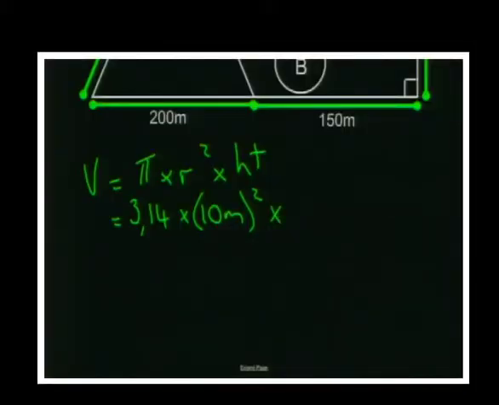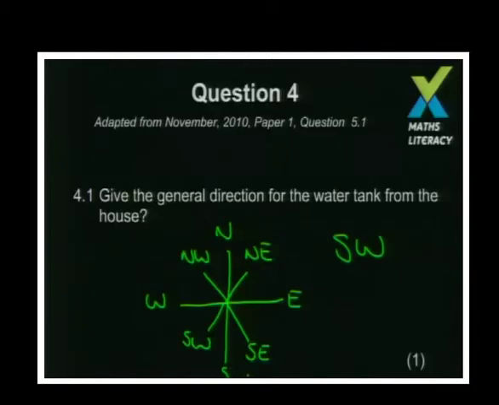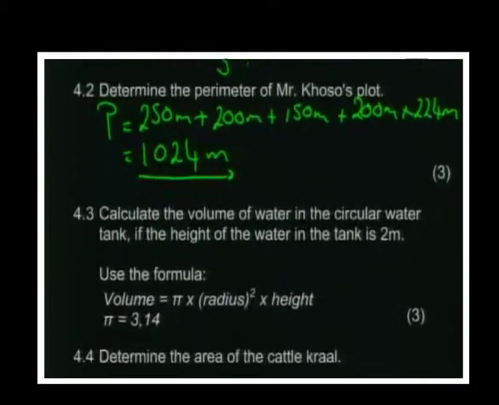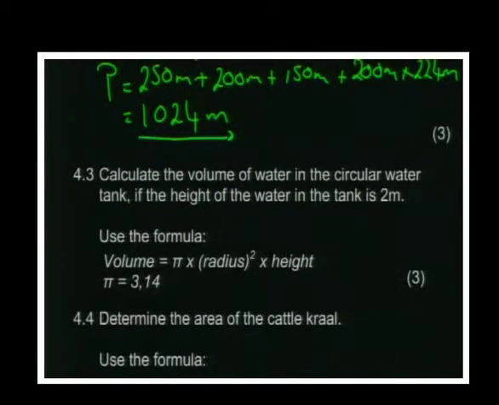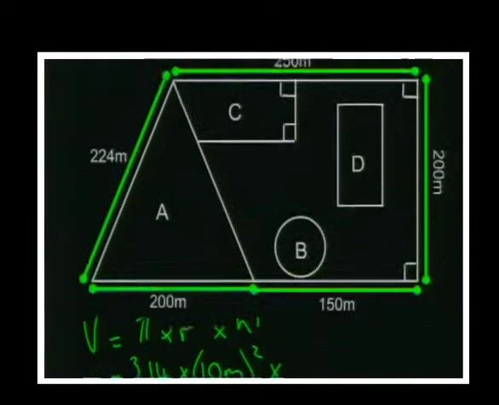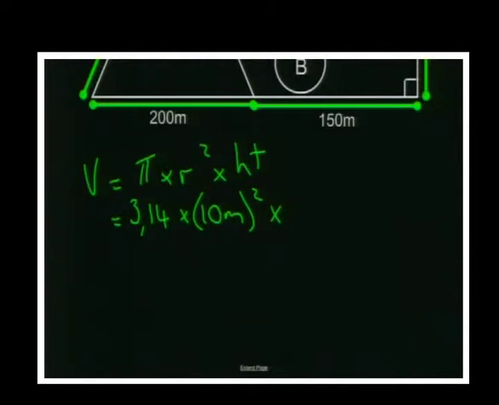Times the height. Now, what was the height of the actual water tank? We were told the water in the tank was 2 meters. Let's just clarify that quickly. Here we go. In the tank is 2 meters. So that's what we're doing. So back to here, we're going to say, right, times a height of 2 meters equals